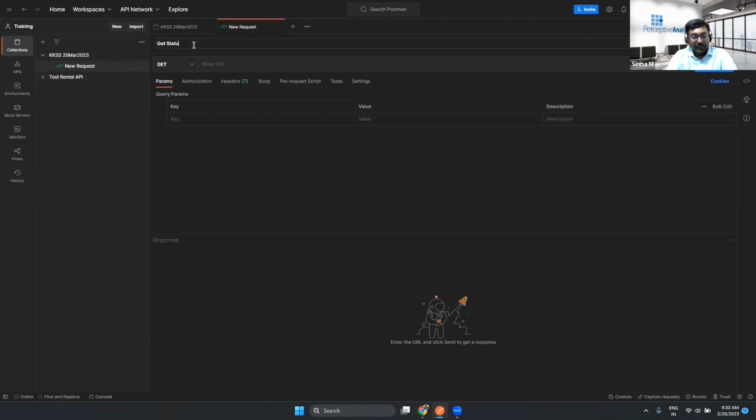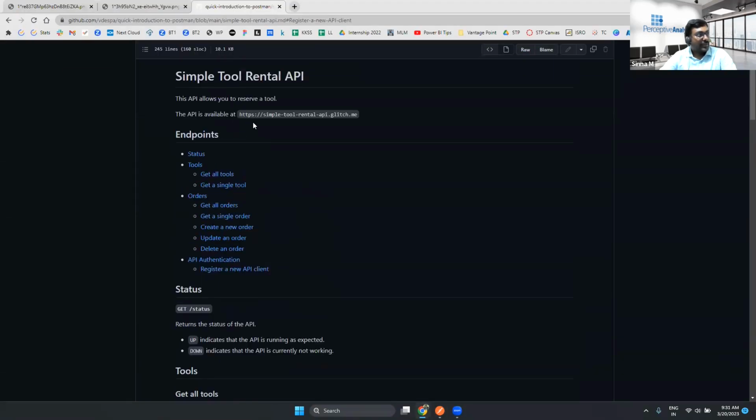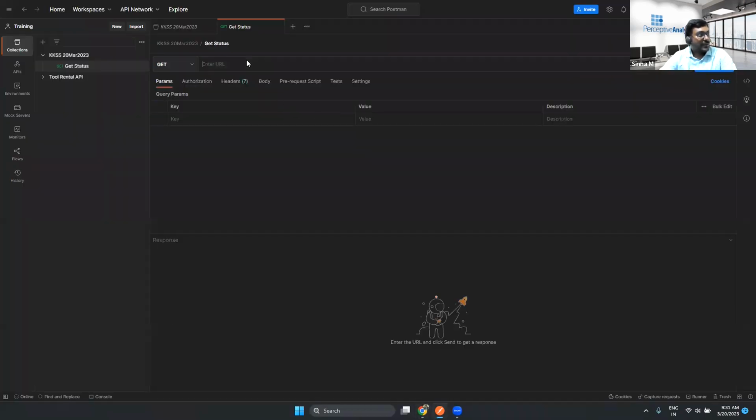Get status. So here is the place where you can choose what kind of HTTP request to use for talking to the API. First is this, right? So now this API is available, like I said, in this place, right? So what I'll do is I'll just put this here, right? And I'm going to